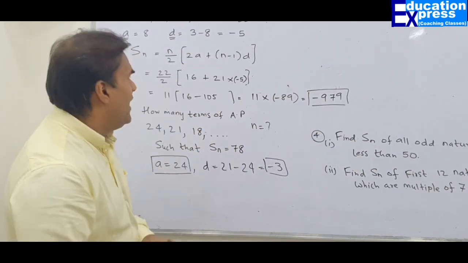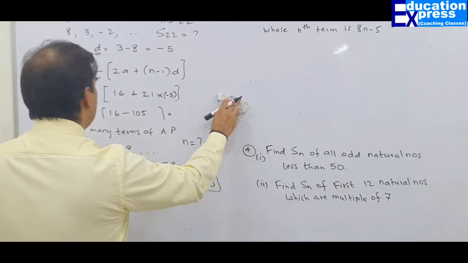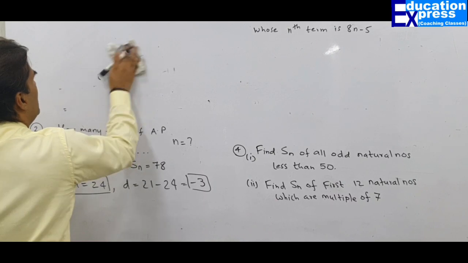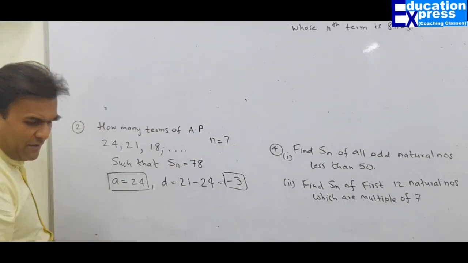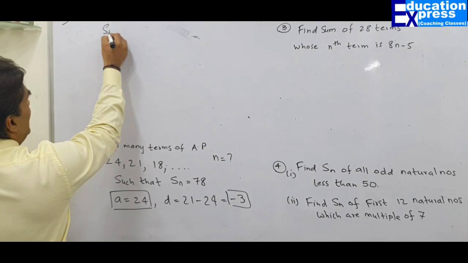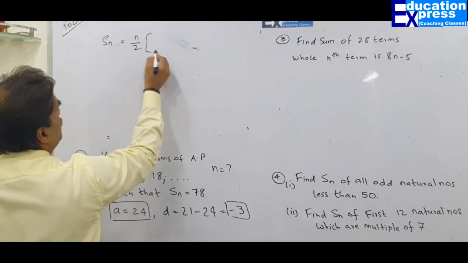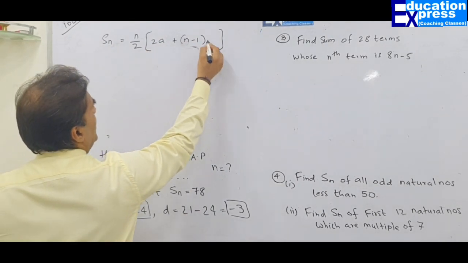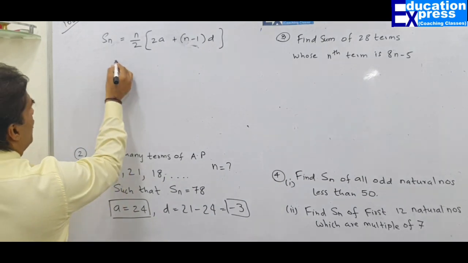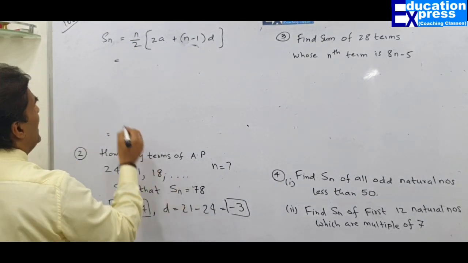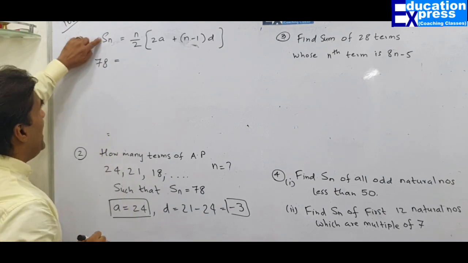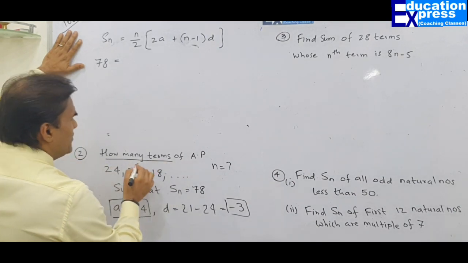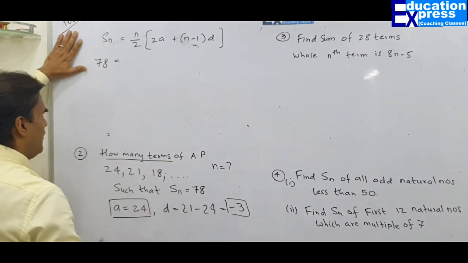How do we go about it? Have a look over here. We will try and substitute the formula. When we place the formula, we know all the parameters that are available with us. Sn equals n upon 2, square bracket, 2a plus (n minus 1) into d. Discipline yourself while substituting the formula. N is not available, but Sn is available, which is 78. We have to find n. Find how many terms means find the number of terms. We have no clue about the number of terms.